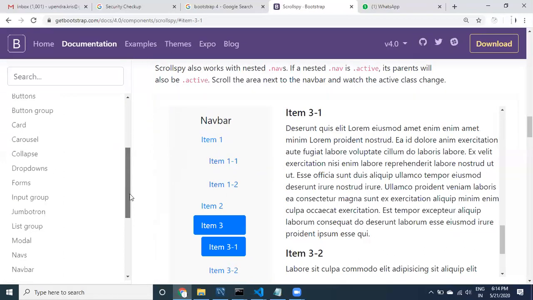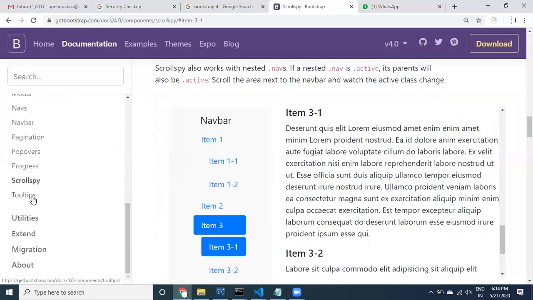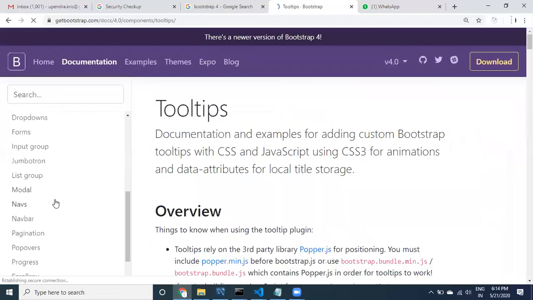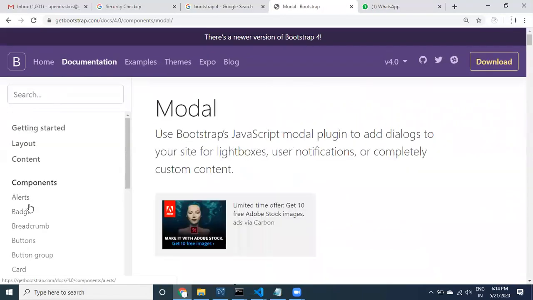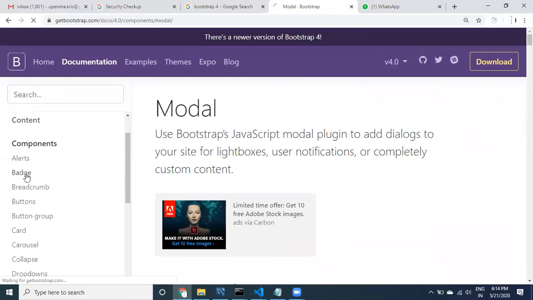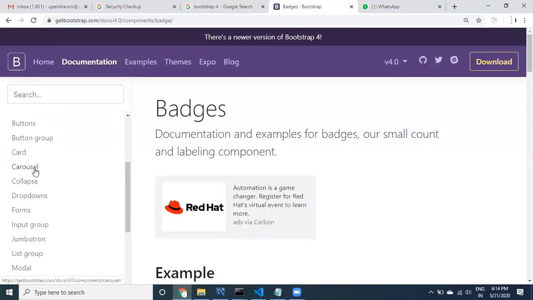But now I am looking for any other, maybe tool tips. Let's look at it. Maybe modals, badge. Badge is not there, and then card.